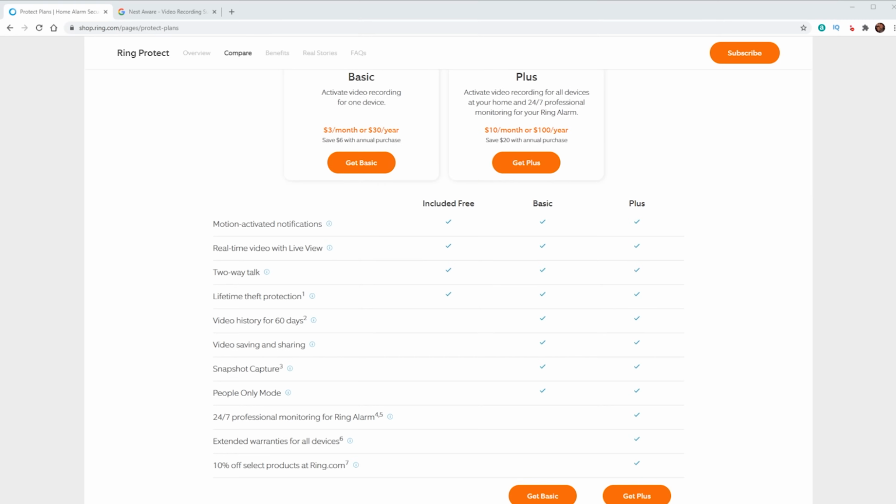Now, one of the biggest cons for me is that Ring does require a subscription. It's $3 a month per camera, or you can spend $10 and that's going to cover your entire system. There's no way of getting around that. I've had people comment saying, well, you can still do a screen recording. So if you bring up a live view, you can start recording your screen. And that's actually not true because I tried to do that a little while ago. I was like, I'll just do a screen recording and get this footage so I don't need to sign up for the subscription. When I tried to do that, it actually threw up an error saying that it would not do a screen recording on my phone. So whatever they've done, they've completely blocked any of that out. So you do have to have a subscription